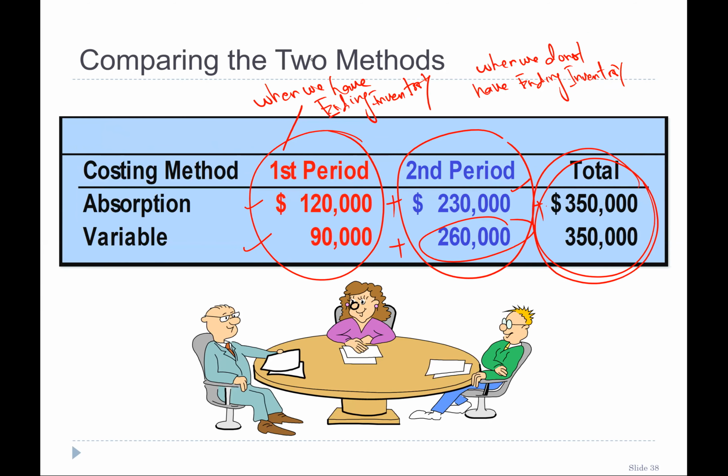Now you can manipulate, right? You can influence the income statement. How? Because total income remains the same. There is no fraud going to be over there in 2 years, right? Because total income remains the same. But if you want to show greater income, you can choose absorption costing in the first year. And if you want to show the performance after 2 years, you can choose variable costing,